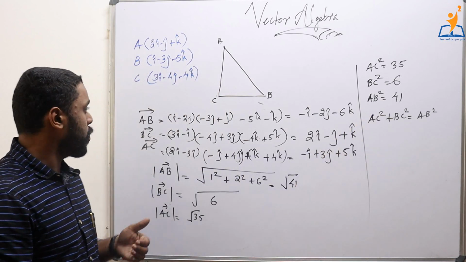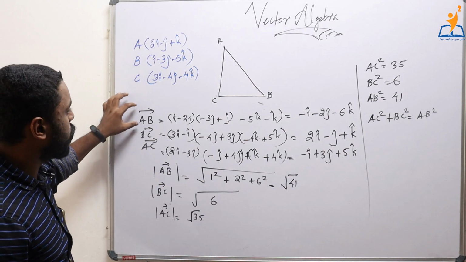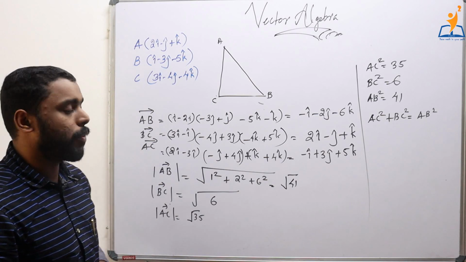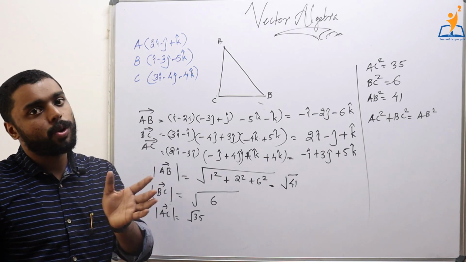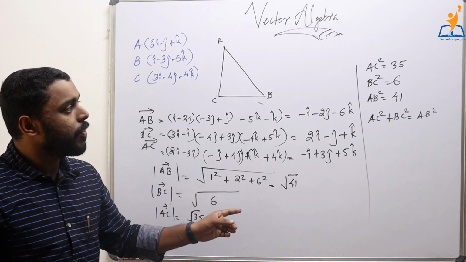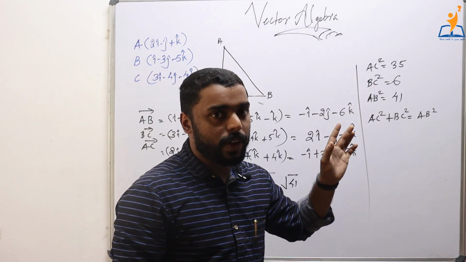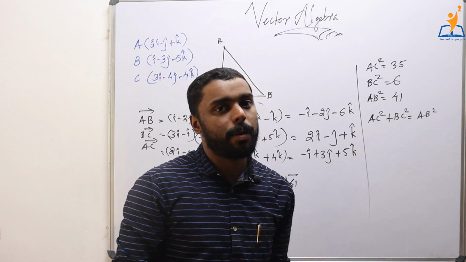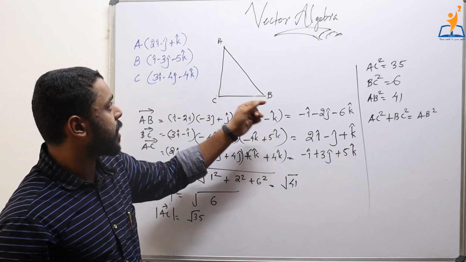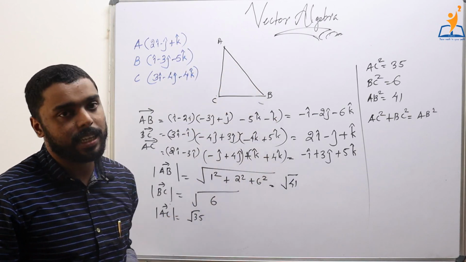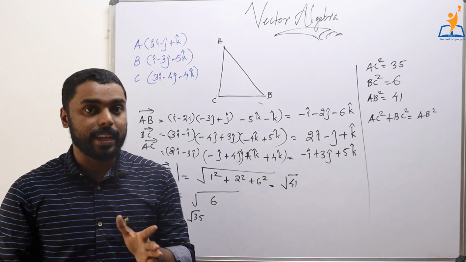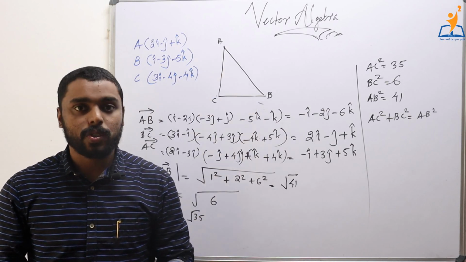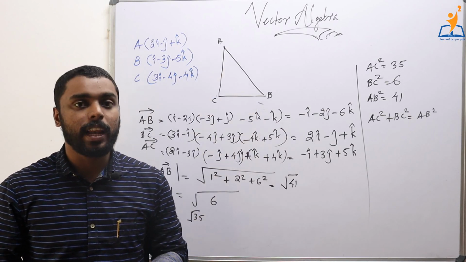Also, just look back at the steps. First of all, we found AB, BC and AC. Then we found the magnitude of each side. In order to find the magnitude of each side, it is enough to find the square root of the sum of squares of each component. Then we checked whether the Pythagoras theorem is satisfied or not. We found that it is satisfied as AC square plus BC square equals AB square, and we rearranged our sides like that: AC, BC and AB. Hence we said that this is a right angle triangle with base BC, height AC and hypotenuse AB. So I hope you understood these concepts very well.